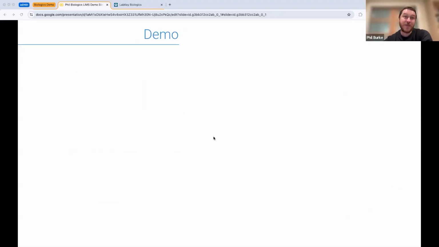the software. And so my plan for this demo is I'm going to be focusing on basically modeling biological entities and connecting your data to your samples. So